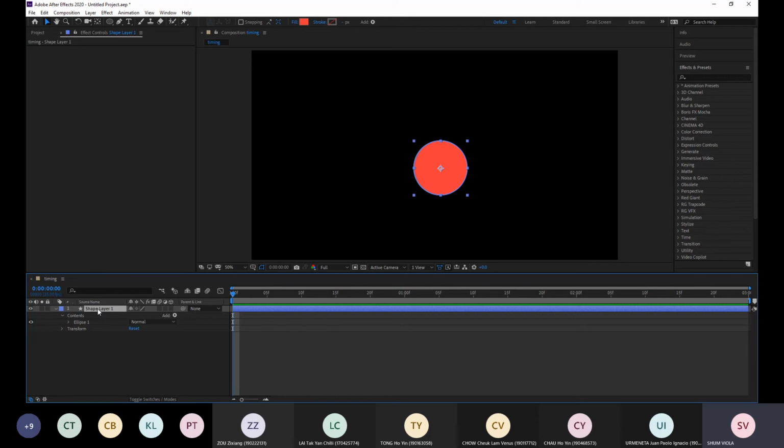Okay, once you change the center point, we go back to the selection tool, and we have to select the layers. Okay, we have to select the layers in the timeline, the shape layers here. And then you need to press the P button to show the position. Okay, so we switch on the stopwatch here in order to start creating the animation.